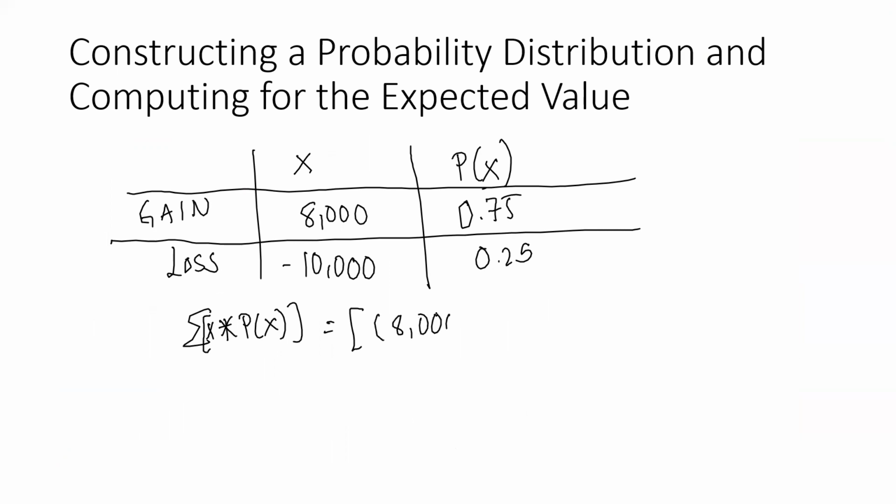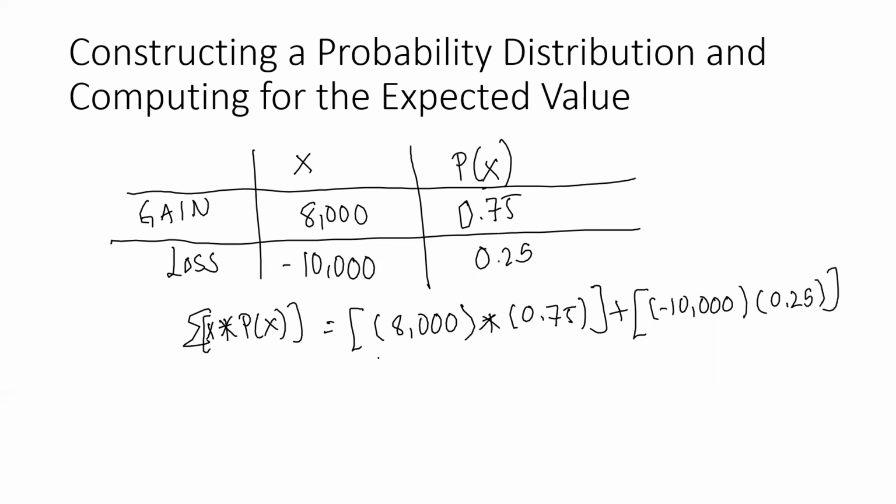So we're going to multiply the money that she had gained with its corresponding probability. Then what we are going to do next is multiply the money that she will be losing along with its corresponding probability. So 8,000 times 0.75 will be 6,000, while 10,000 times 0.25 will be